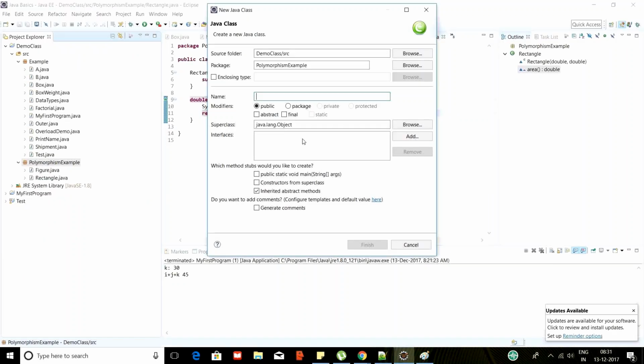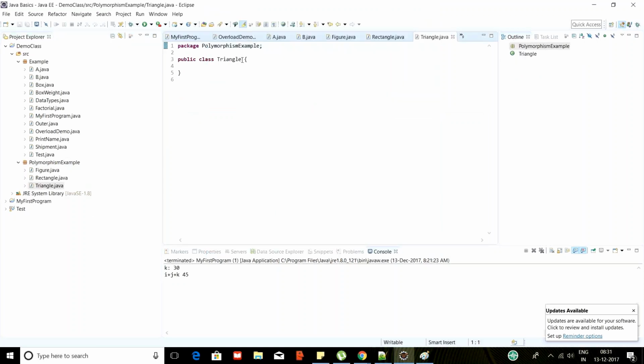So I'm going to do it here now. Let's think of a triangle. It's extending the same class that is called Figure,